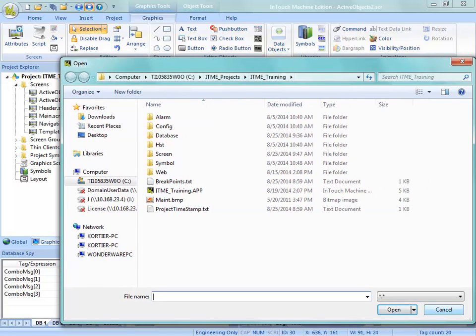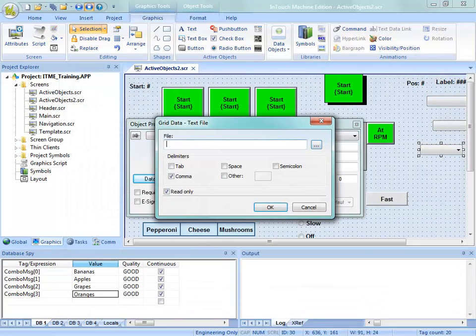So this is something else that you have to be aware of, is file names on your local machine versus the runtime. In this case, I saved that as combo text. I'm not going to be able to navigate to that, and it's going to look by default in my project folder. So I saved that as combo text.txt, and